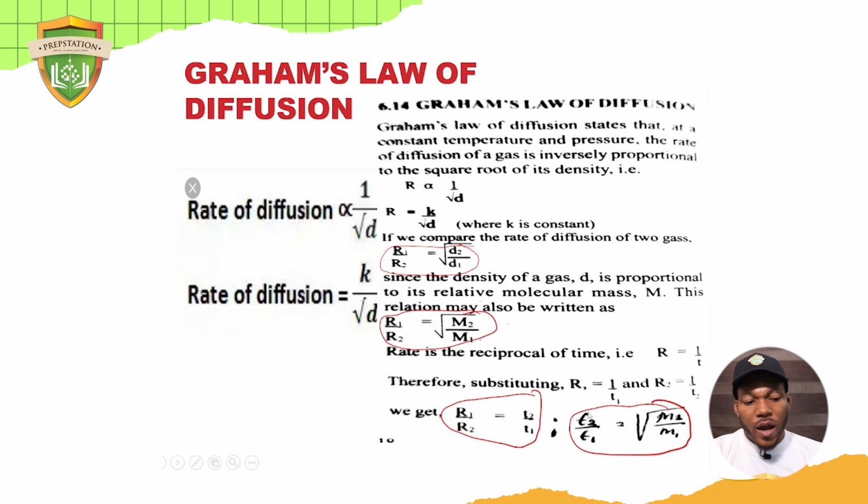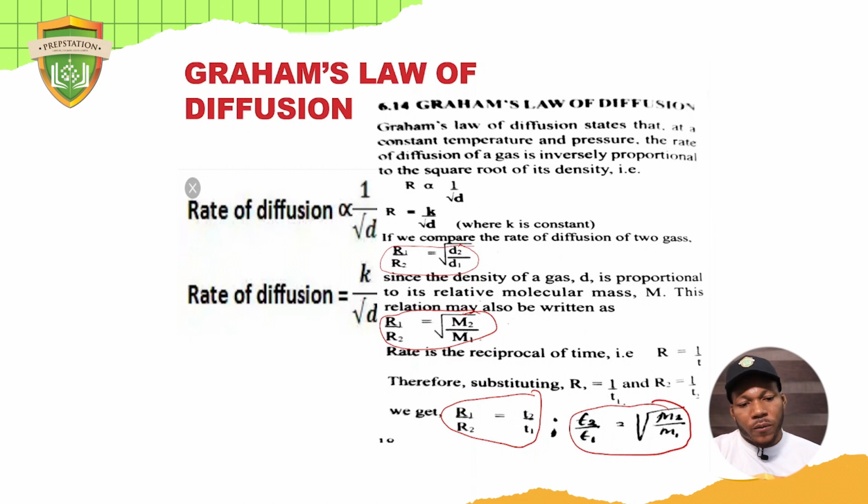Look at this. We have T2 over T1 equals the square root of M2 over M1. So it's a direct proportionality, unlike the others that are inversely proportional. This is where the question always comes from because of the confusion. When solving Graham's law, they always pick questions with regards to time and mass because students always confuse themselves